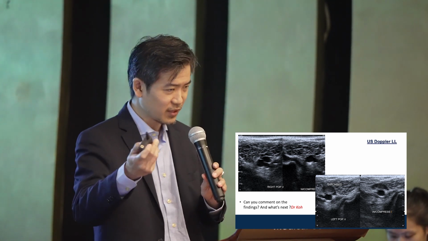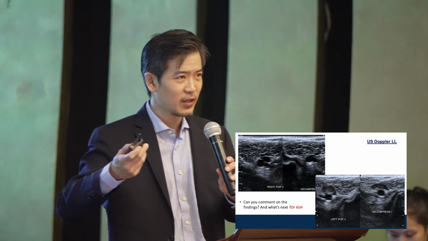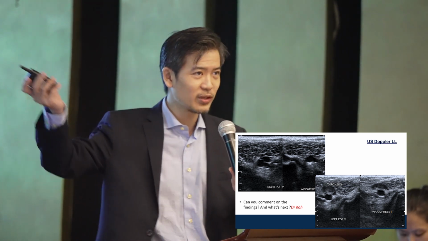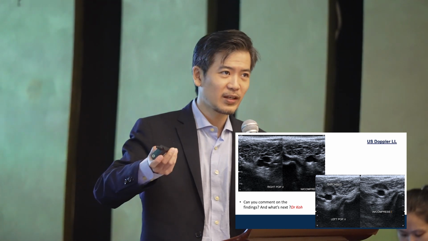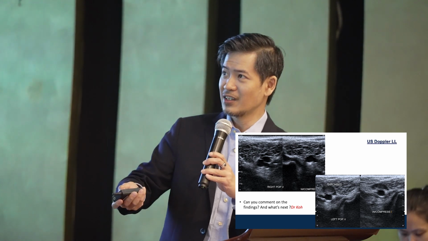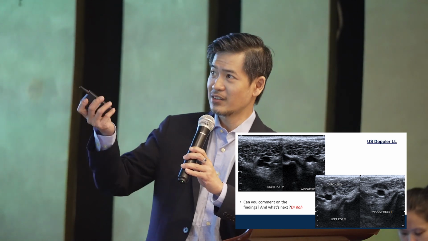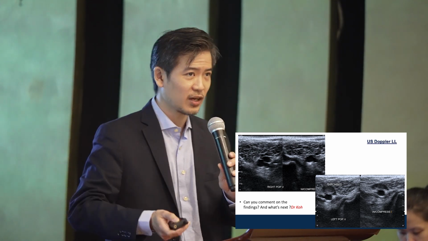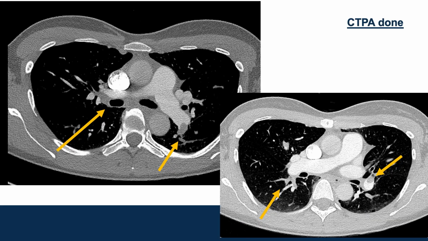And given the clinical picture of shortness of breath, recent acupuncture, and ongoing DVT, I guess it makes sense to send her for more tests, even though she's so young. So we did a CT pulmonary angiogram, and you can see, sorry for the poor resolution, but you can see thrombus everywhere.